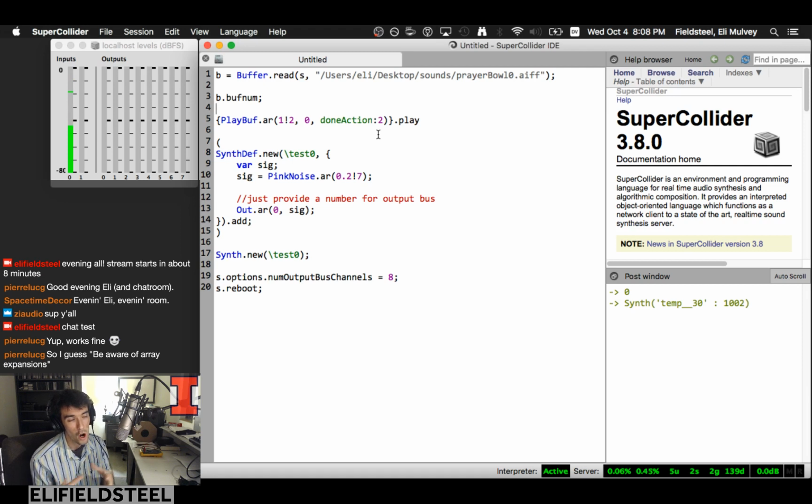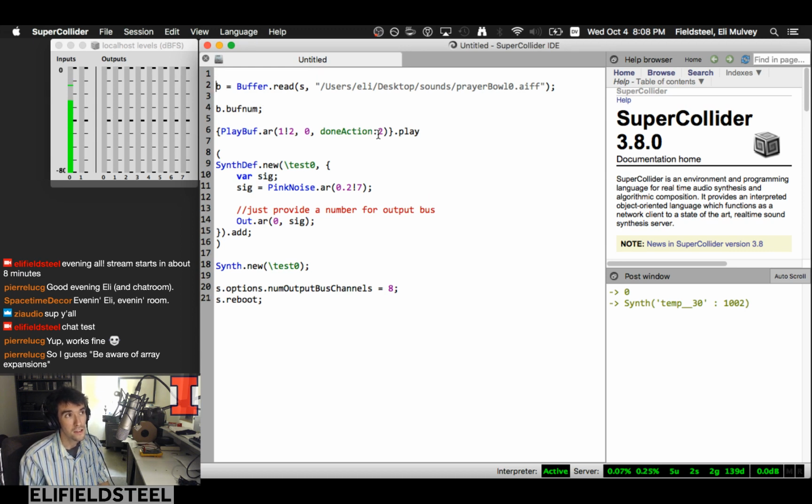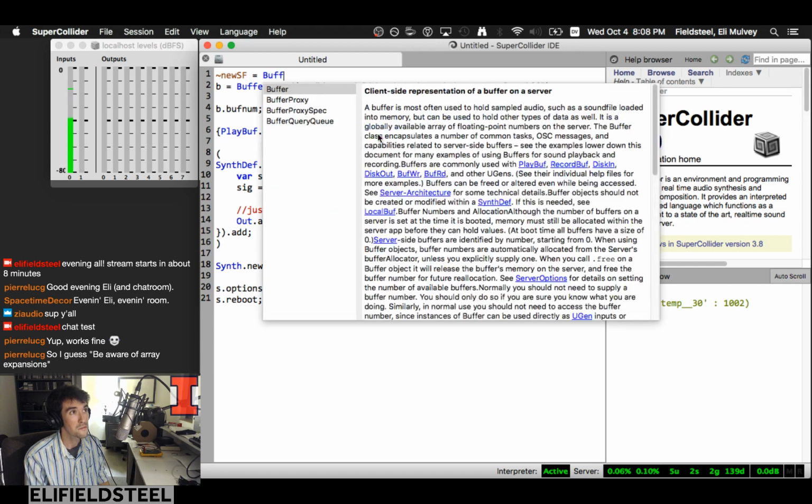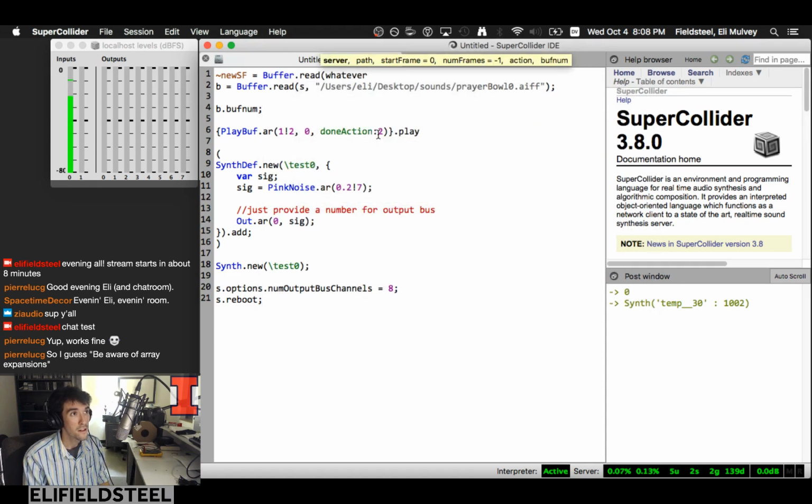Imagine if you were working on a composition and then you're developing your ideas, and then you're like, oh, okay, so now I've got some more sound files here. So new sound file, buffer.read, whatever. And so you load that one, and then you load this one after booting the server, and this one's going to get 0. This one's going to get 1, and then your sound function here no longer plays the correct buffer anymore. You know, just as an example,